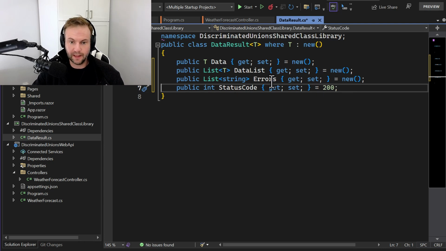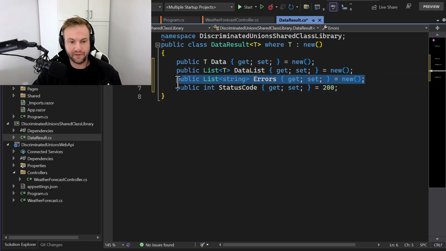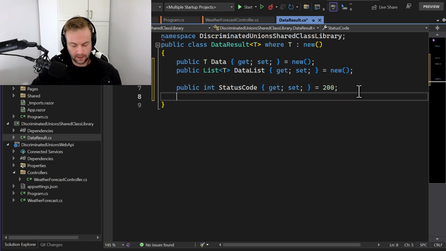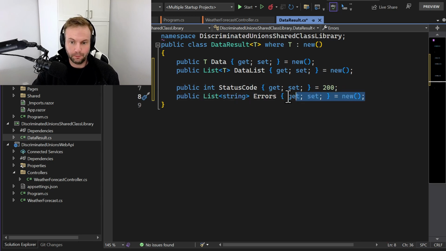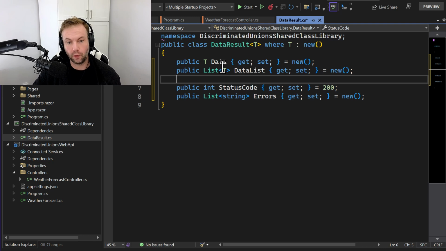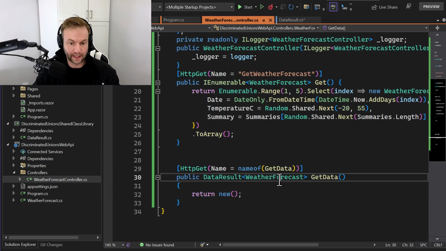So something like that. And then you have errors. So what you could do is, you could load them into errors, or into something like a status code message. But you can assume that anything down here is your discriminated union part, for if you're returning multiple things from an API. So let's say you're returning, in this case, a weather forecast object. But if it errors, you could load up that list of errors, and then instead of returning 200 for success